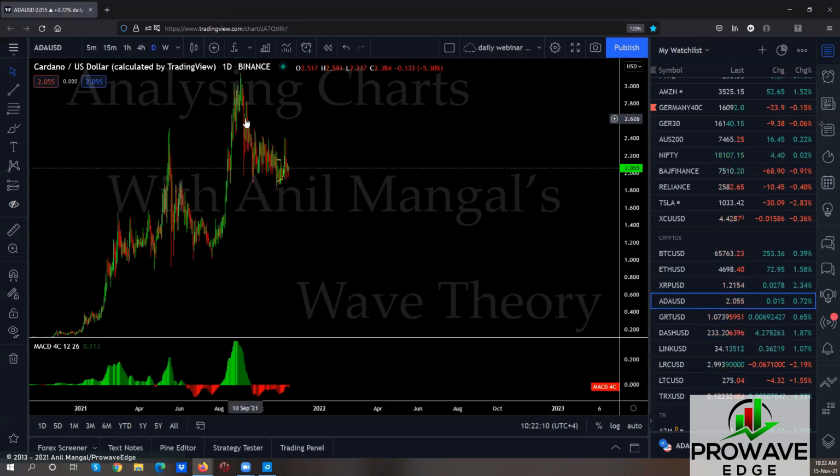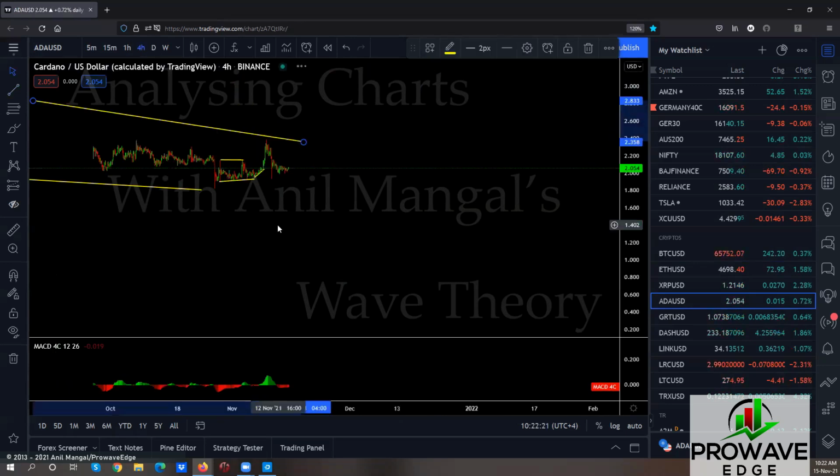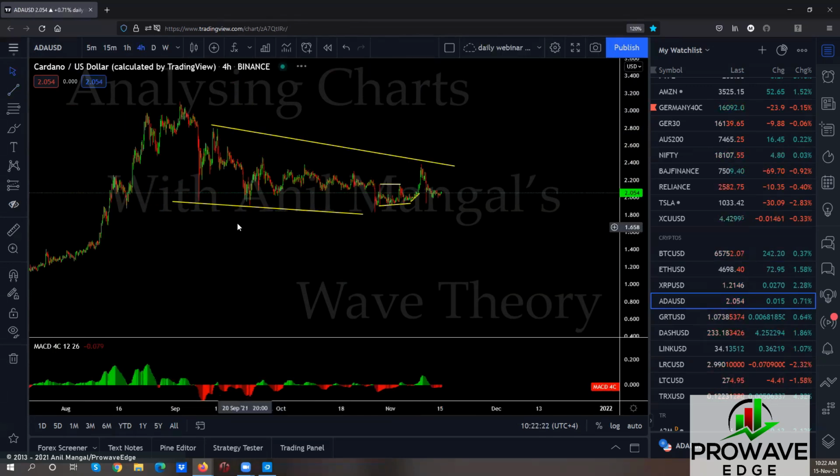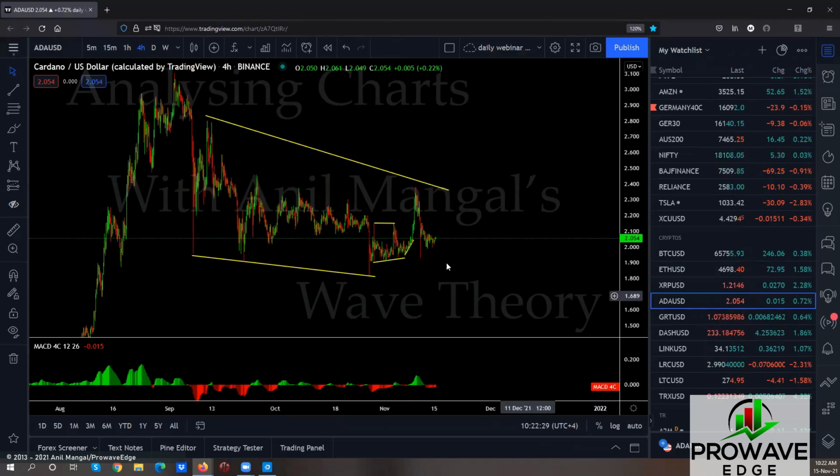ADA, if you look at this, it looks like one big correction right now. Just pull this line here. And pull a line at the top here. Put it on your 4 hour. We're looking at this. This does not look as sharp as this one, so I would take that off. I'll probably look at it like this.